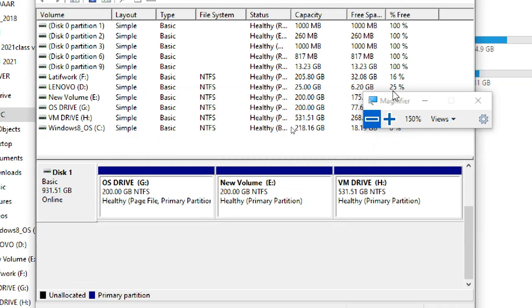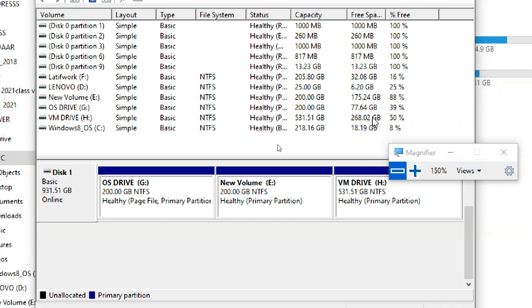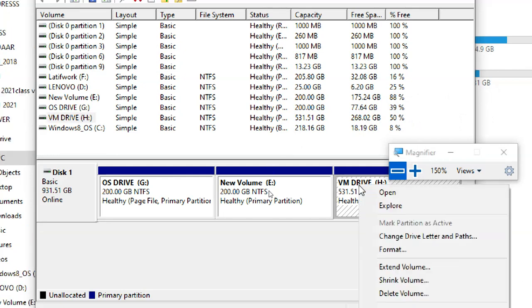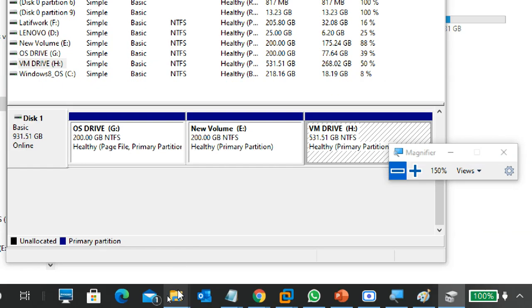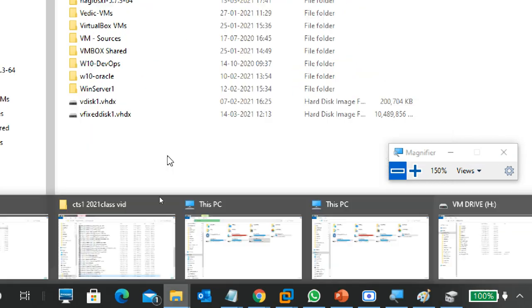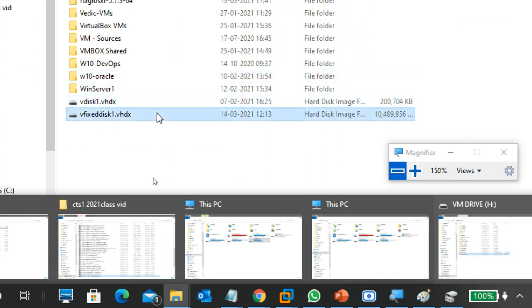Even if you remove the hard disk, it is still showing 268 only. It means it is occupied in the H drive already. Go to the H drive. We'll see. The H drive is open. See, this is your virtual hard disk.